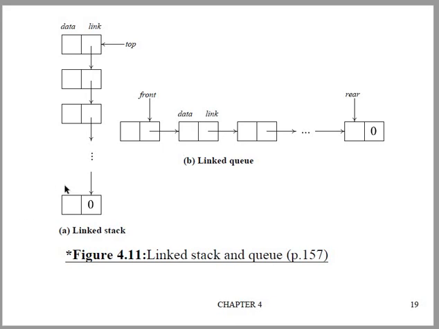Then when you are pushing another element, you will create a temp node. The top pointer is pointing to this. So temp node link equal to top, wherever top is pointing to. Then after that, you have to make the top pointer point to this temp node. In the same way we'll keep on doing it. So temp node will be created, memory space allocated, store the data, make the temp link point to top, and top will become temp.